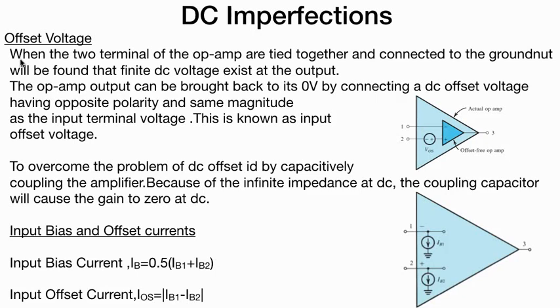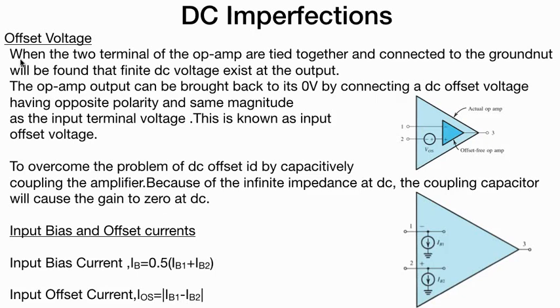Input bias current IB is 0.5 times (IB1 plus IB2). If two current gains are added at the input terminals, the input offset current will be IB1 minus IB2. Now these are basically mostly formulas, and the concept lies in the diagram itself that